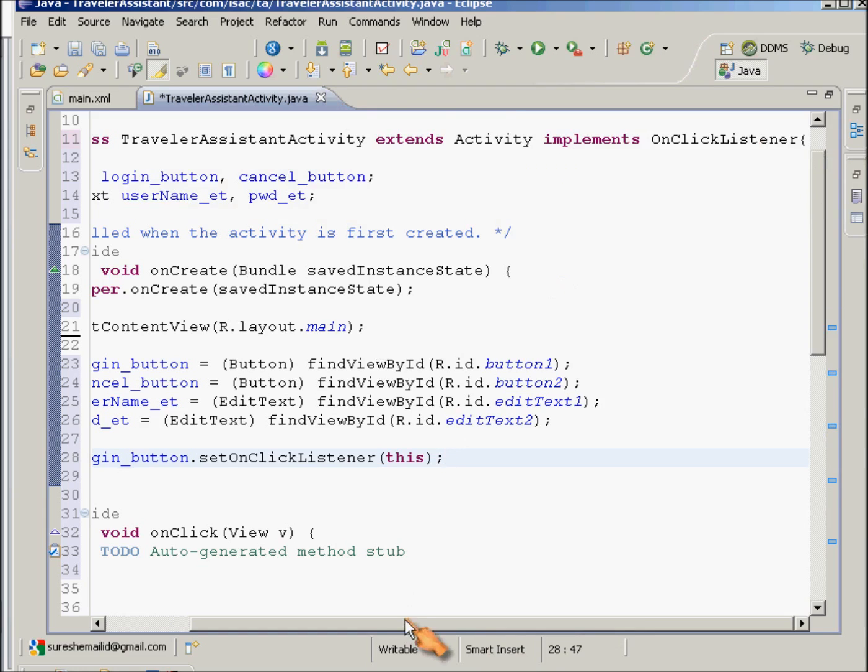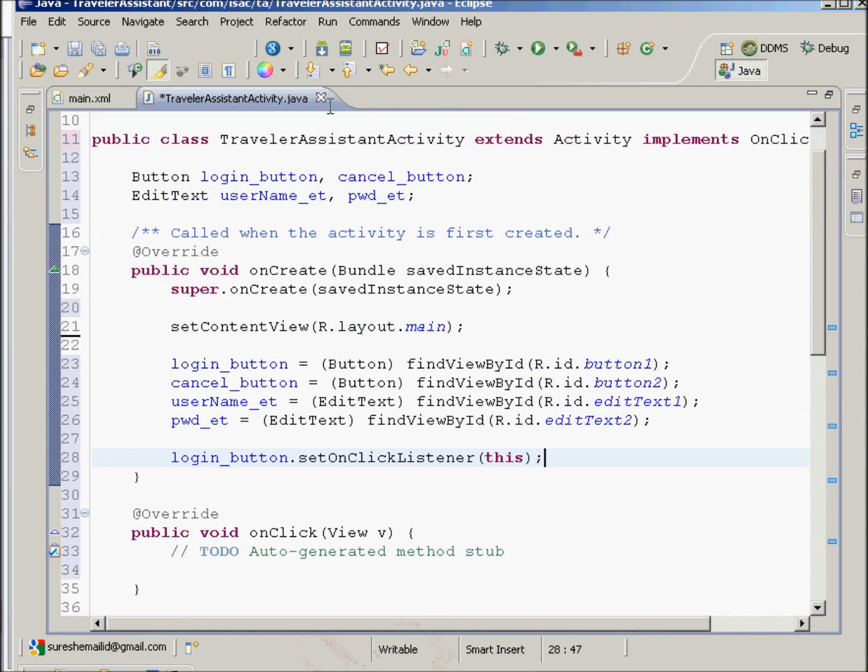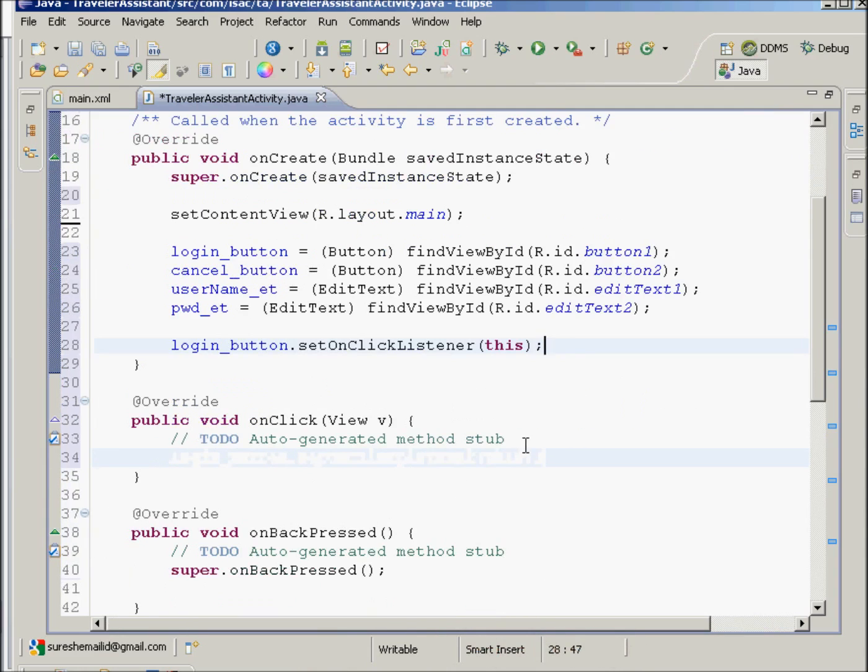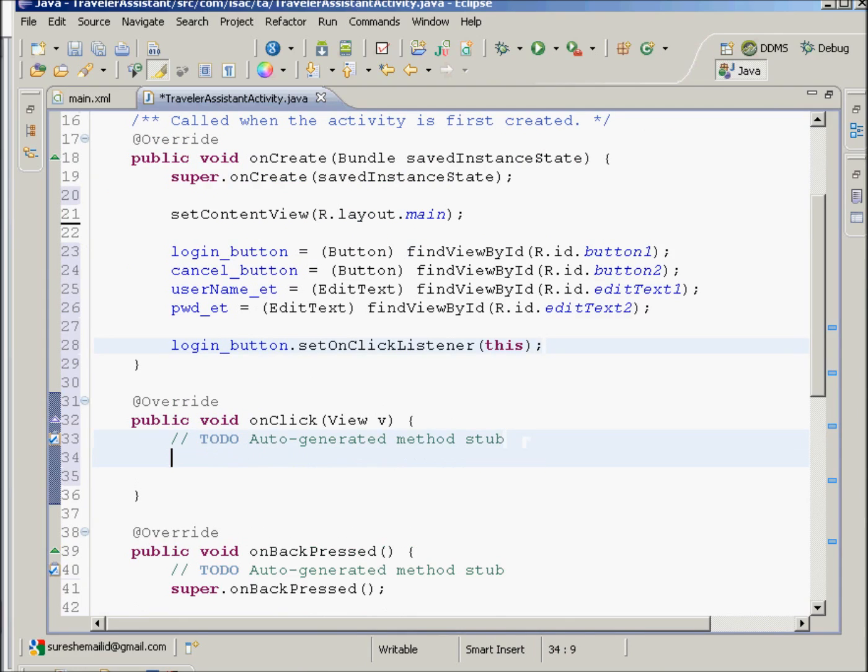So here you have to do setOnClickListener and then this, and put the logic for what happens at the time of the click. Since there is a single method getting triggered by both buttons, first we'll check if